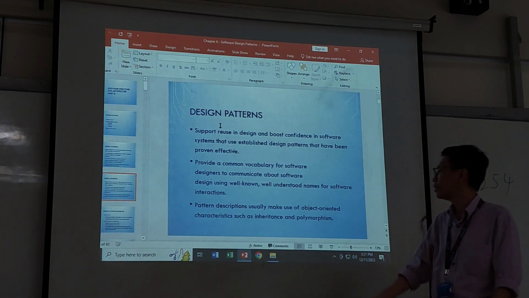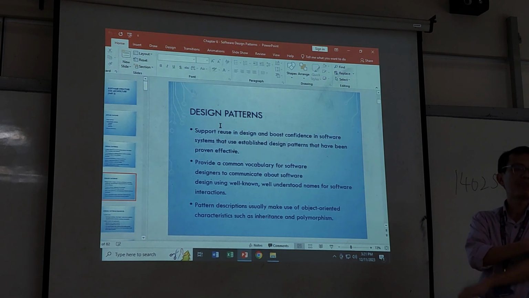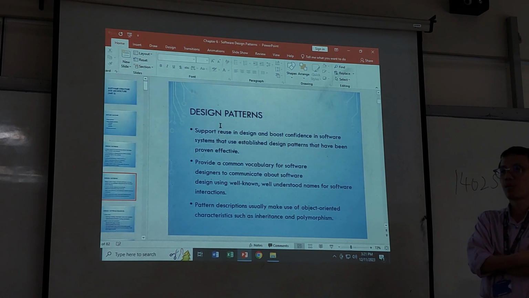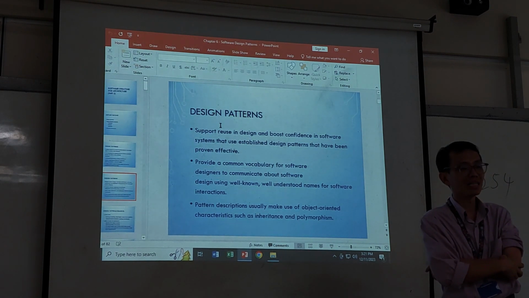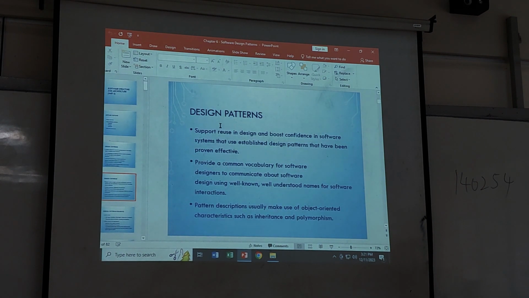Pattern descriptions usually make use of object-oriented characteristics. Normally a design pattern refers to when we try to implement an object-oriented program system. We may make use of the design, but bear in mind that not necessarily everything relies on the design. Understand? Sometimes any design put inside our system has some drawbacks. Why? Because our software is becoming difficult to